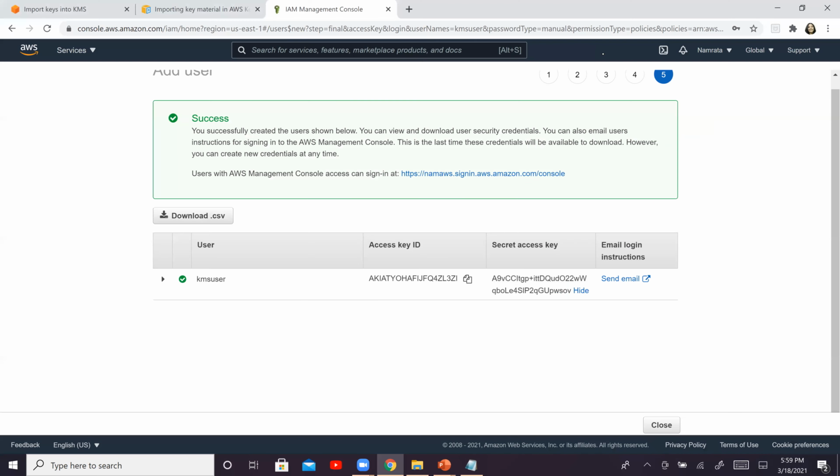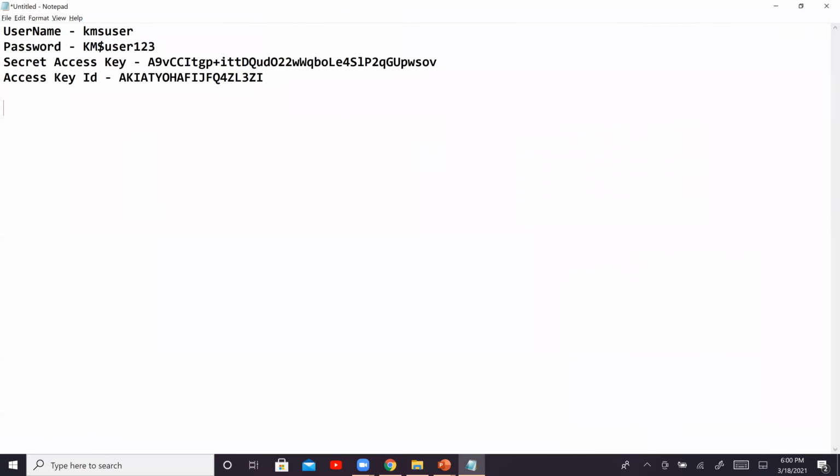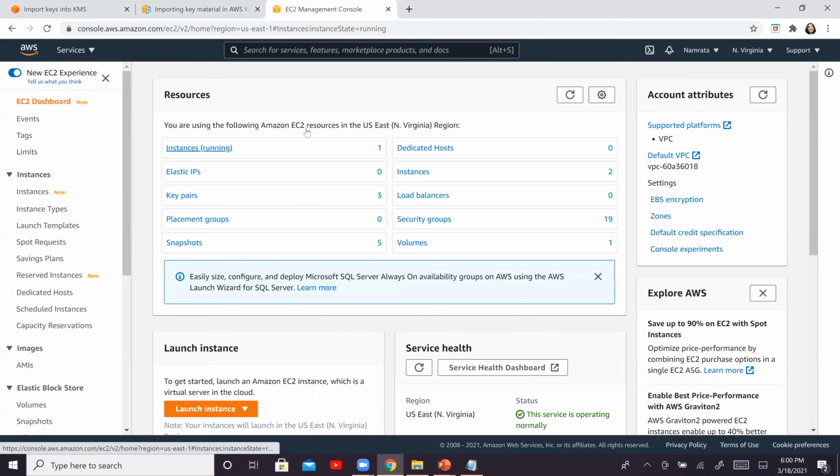And what we need to do still is we need to go back to our EC2 instance. Hopefully it should be up and running now. And we need to copy its public IP address. So EC2 IP, it's running.